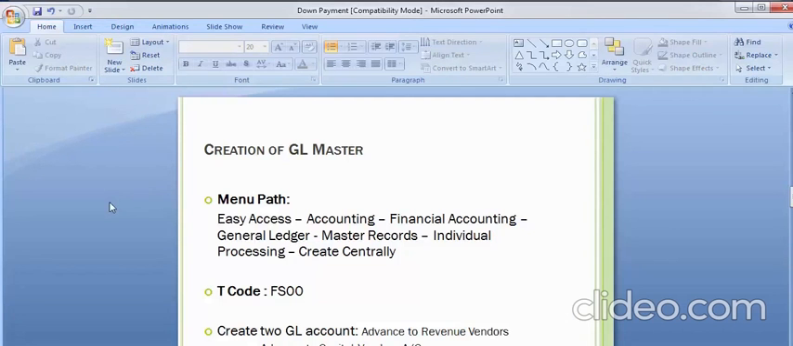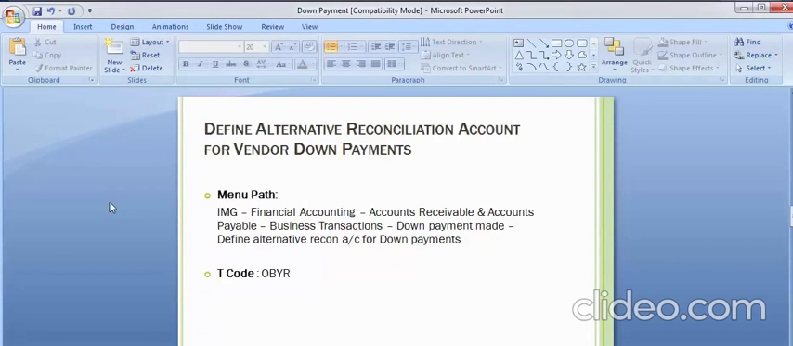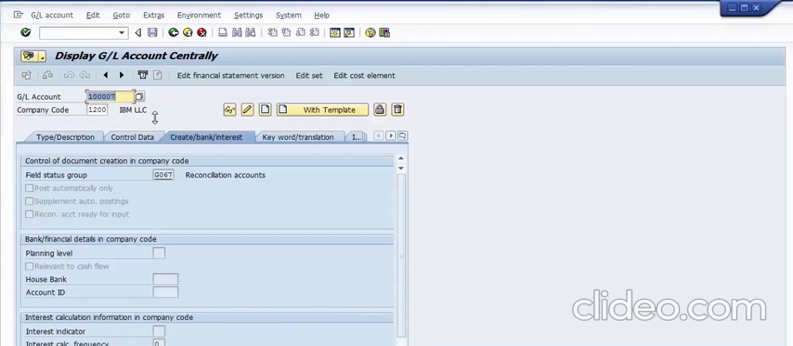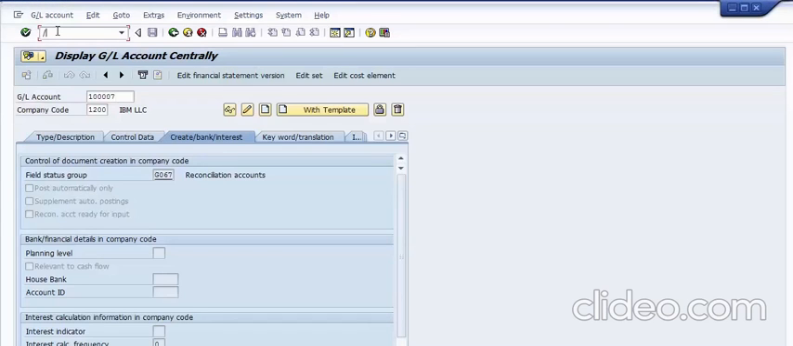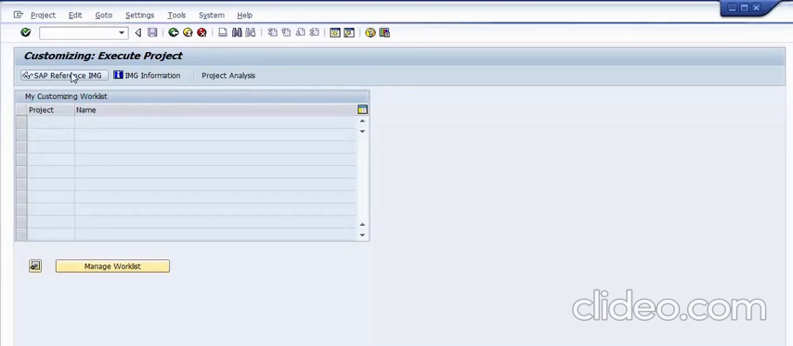Now moving up to the next step is define alternative reconciliation account for vendor down payment. Now here we will be assigning those 2 GL accounts which we just created as alternative reconciliation account for the vendor down payment, and at the same time over here we'll be creating the special GL indicator. So now let's move with the path. There are 2 options, so we'll be going with the path SPRO, IMG screen,